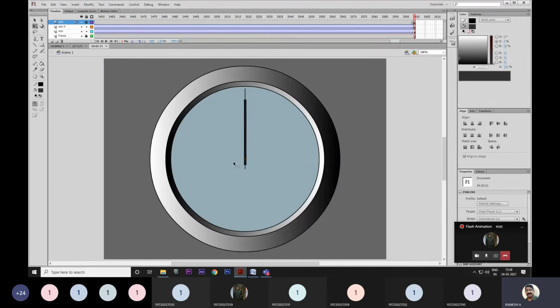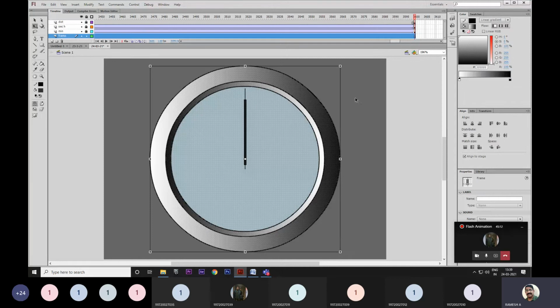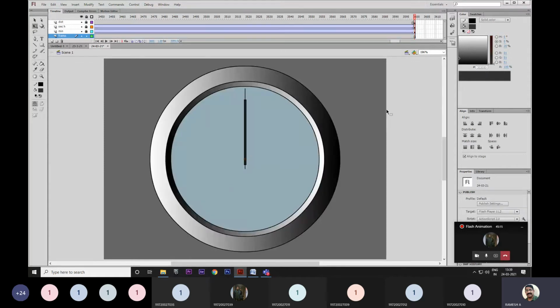Okay. Now I'm going to lock the whole thing. I'll open only the frame. Select this frame. We'll arrange the numbers on the frame. Okay. Now I'm using a different tool for typing the numbers.